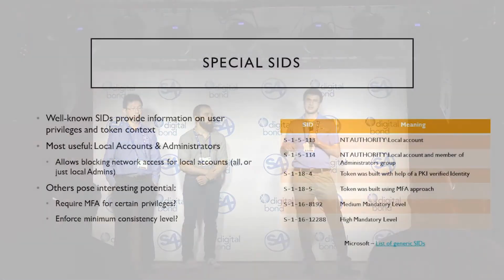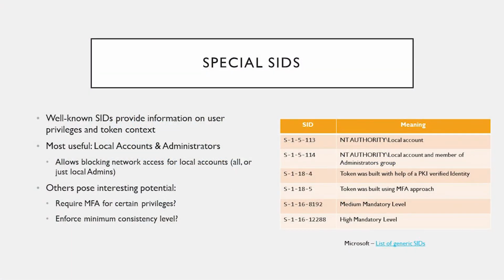Last thing I'm going to talk about, there are a number of special well-known SIDs in Active Directory and Windows that provide information besides group membership. So this can be information on user privileges or token context. The most useful ones that we found are the two at the top of that list on the right. They specify whether an account is a local user, and furthermore, whether that local user is a member of